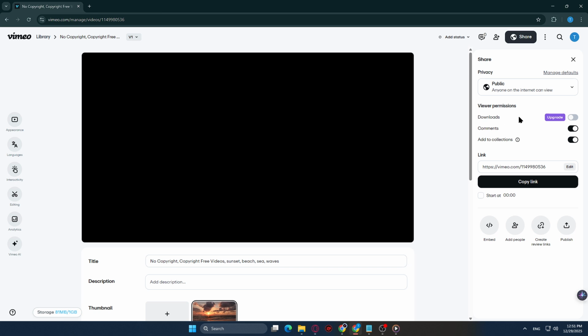Simply toggle Downloads on. That's the key switch that allows viewers who have access to your video to download it directly from the video page. When this setting is enabled, eligible viewers will see a download button with available file options based on what your